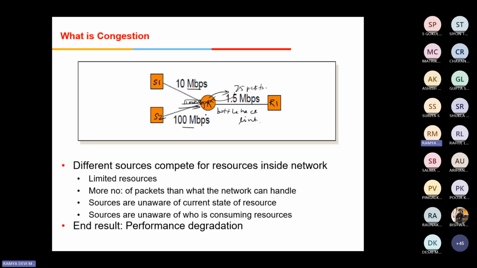It can hold only 100 Mbps of data as buffer size. Since this link capacity is 100 Mbps, it can hold 100 MB of data. So 1.5 Mbps will be sent and the rest will stay inside the buffer. Again, sender 1 is also sending 10 more MB of data. What will happen? There will be no available buffer, so some packets will be dropped. If packets are discarded, it definitely leads to congestion.